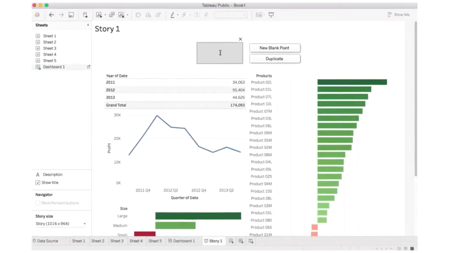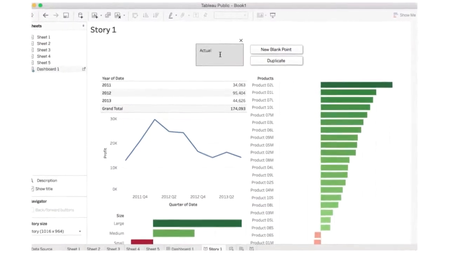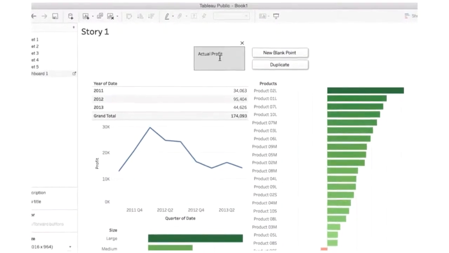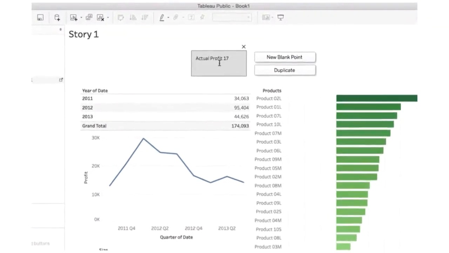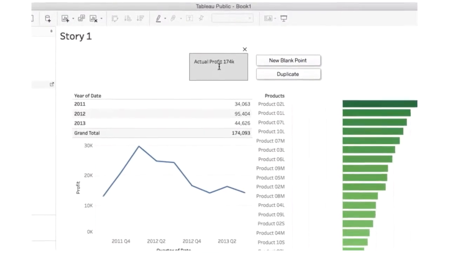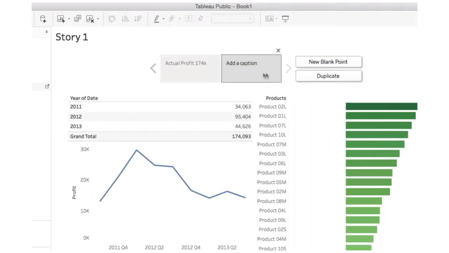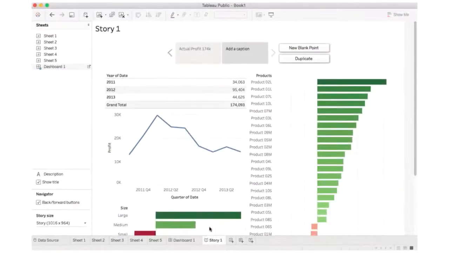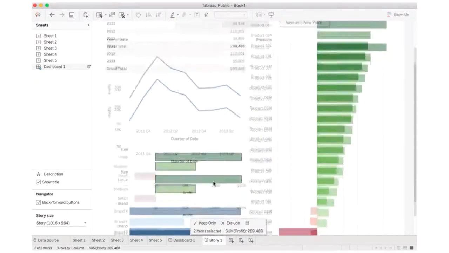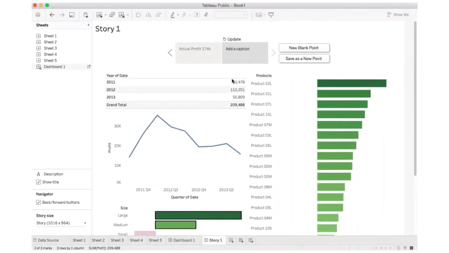So the first thing I'd like to do is show the customer that their actual profit, based on the data they've given me, is 175,000 US dollars. So our actual profit is 174. Now if I duplicate this dashboard and make one change, which is to exclude small products. So what if we were to only sell medium and large products? Well, as you can see, our profit becomes